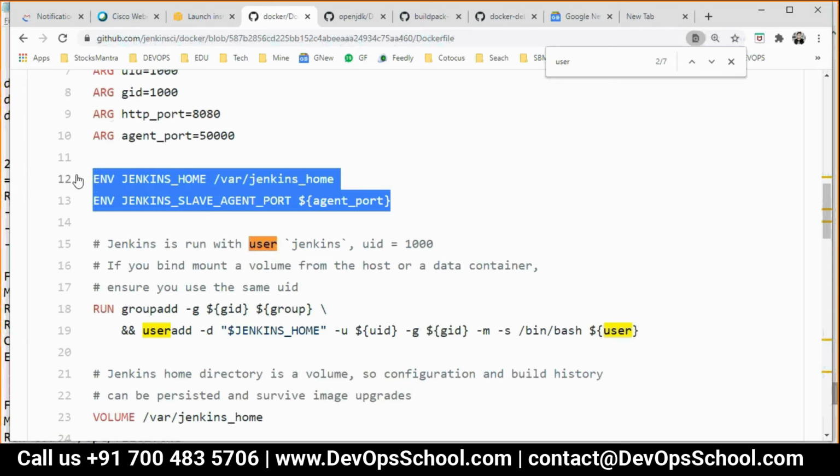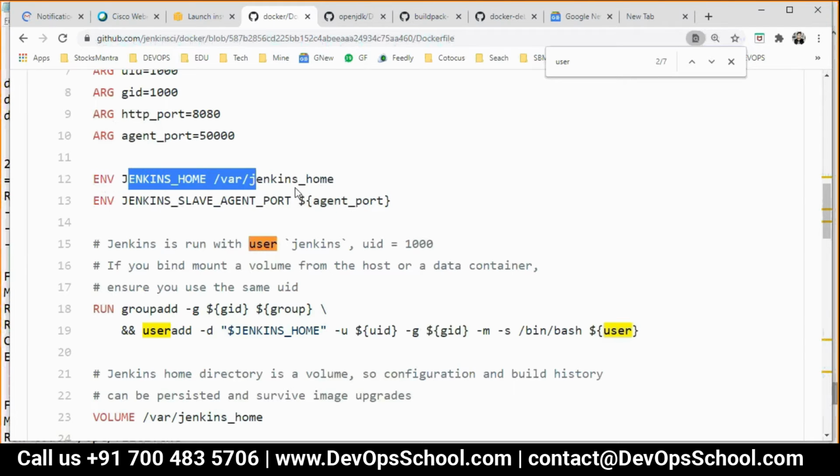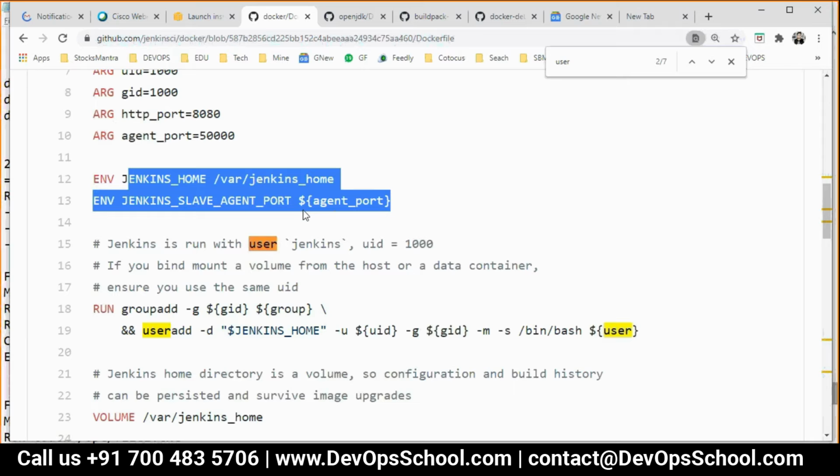This is also a meta layer. This is not a data layer. This will not be stored in the overlay2 directory. It will be stored in the /var/lib/docker image directory. All the meta information will not be in overlay2, only the file system will be there in overlay2. So the environment you want to set inside a container during runtime, if you set this meta information with ENV, whatever the environment variable, you can do.